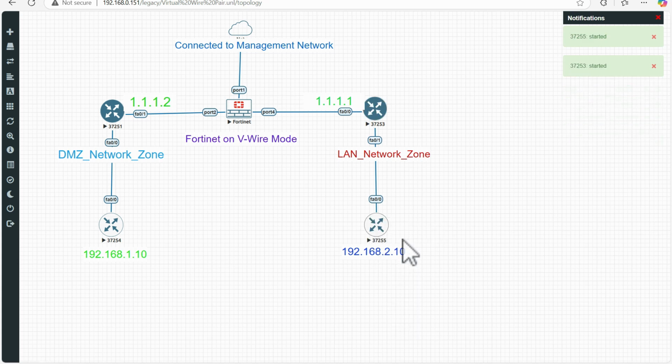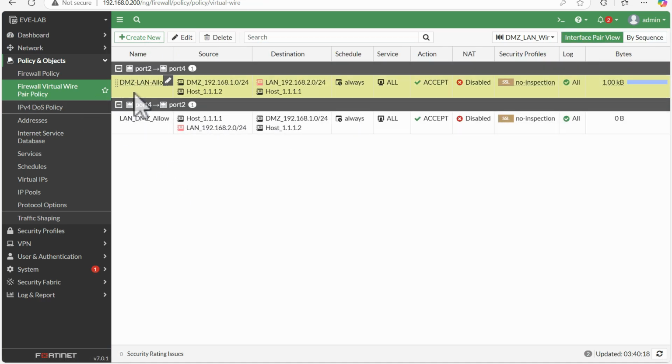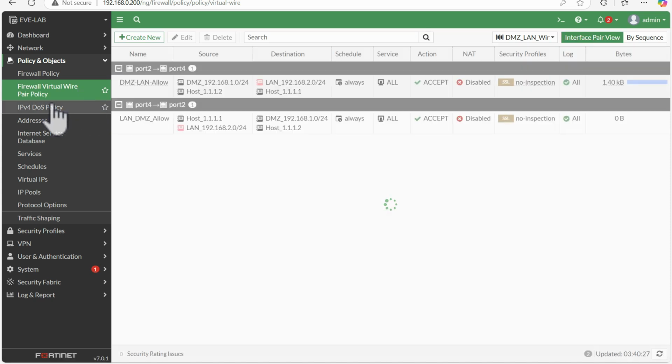So after this turns on, we will try to ping from 1.10 to 2.10 and from 2.10 to 1.10, and we will try to perform a telnet, so that 1.10 will initiate a telnet connection towards 2.10 and from 2.10 towards 1.10, so that we can see the reachability. For now I will move forward to the interface view. We can see this policy is in use. We can see there are just some hits,